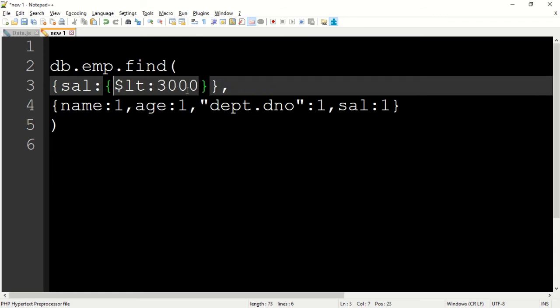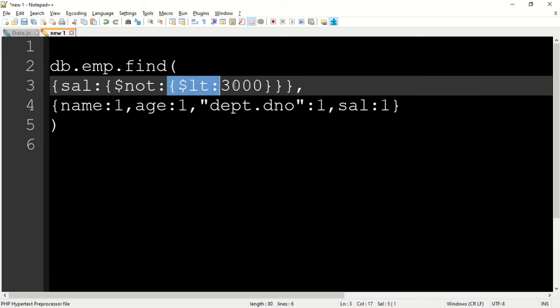So we'll say curly bracket not colon, right? Here will be dollar not, and we have one more curly bracket here.